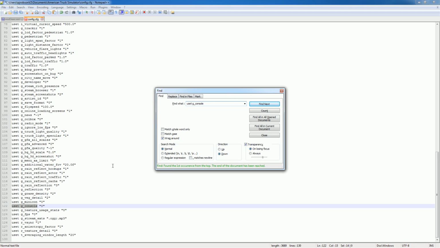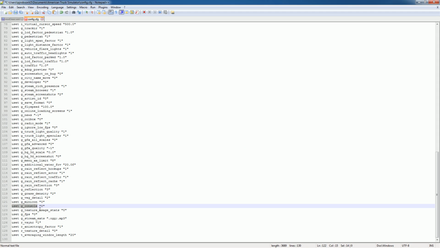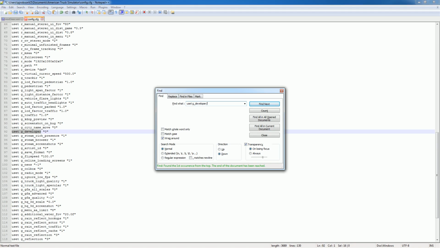So what you want to do is find that. Let's close that. And you want to change this 0 to a 1. And that will enable part 1 of the console commands. And there's one other thing you need to find. The second thing you want to find is uset